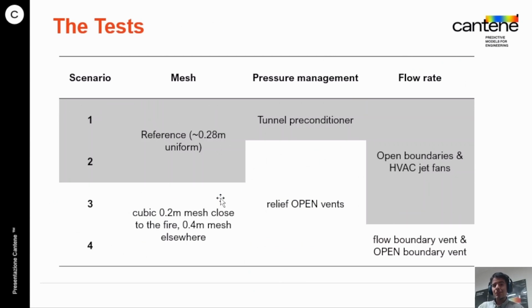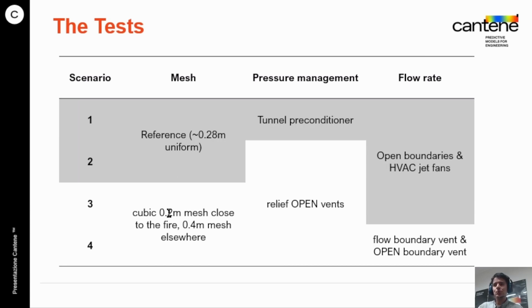These are the tests that we are going to do. So first of all, we will do the test present in the validation guide using the uniform 0.28 meter cell size mesh, the tunnel preconditioner, and the action of the jet fans. Then for the second test, we are going to change the tunnel preconditioner and use the relief open vents across the tunnel. For the third test, we are going to change the mesh,